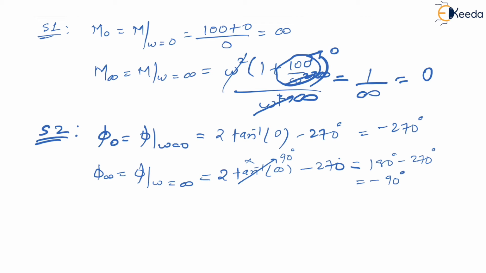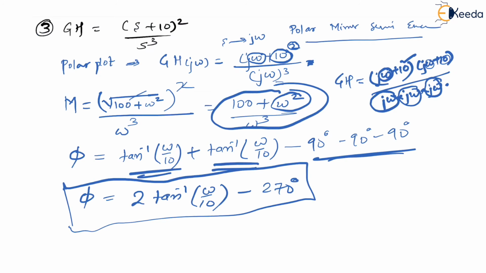So phi at infinity is equal to minus 90 degrees. This is going to be the step 2. Now can I apply step 3 and step 4 for that 4-step method? Let us see. If you observe in this open loop transfer function or this loop gain, you see that there are no poles nor zeros on the right half of S plane,